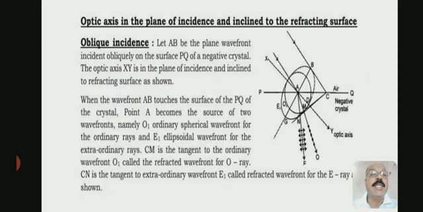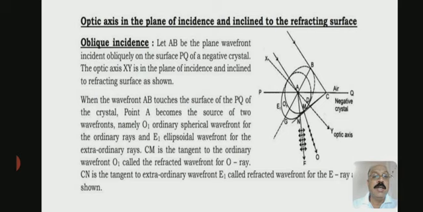So, the optic axis is in the plane of incidence and inclined to the refracting surface. So here we take oblique incidence. First case, let AB be the plane wavefront. You observe the figure also. The plane wavefront is incident obliquely on the surface PQ of a negative crystal. The optic axis XY is in the plane of incidence and inclined to the refracting surface, as